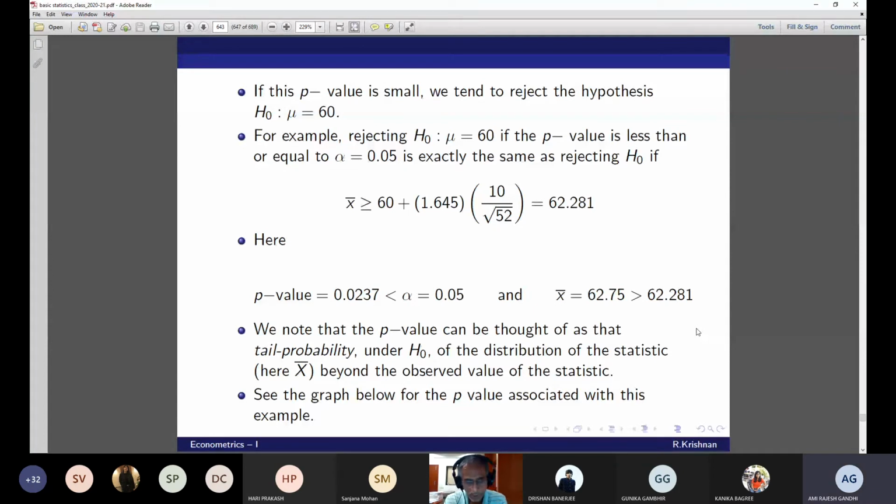Okay. Suppose you are not such a conservative person. I can allow even 10 experiments out of 100 to go wrong, and to your shock, you get a p-value of 0.0237. Then you have to revise your methodology, your whole procedure. Am I right? Your experiment tells you that you can go wrong only 2.37 times and not the 10 times that you had imagined. So you have been quite liberal in fixing the significance level. That's what it means.